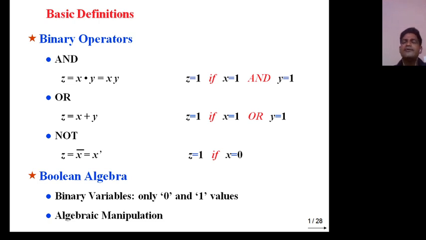What is the basic difference? In case of Boolean algebra, there are only 3 operators: dot, plus, and complement. But in ordinary algebra, there can be square root, there can be division, and there can be cube. But in this, there are only 3 operators. Next, in Boolean algebra, 1 plus 1 equal to 1, while in case of ordinary algebra, 1 plus 1 equal to 2.